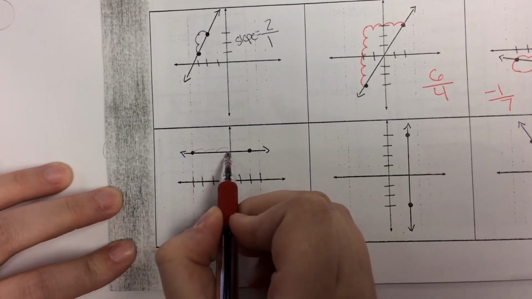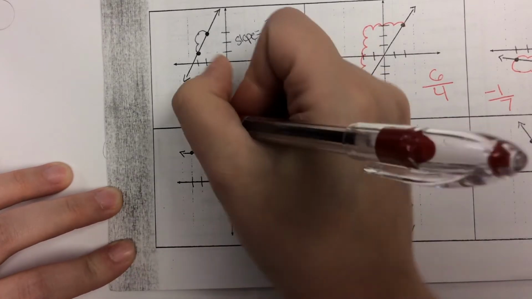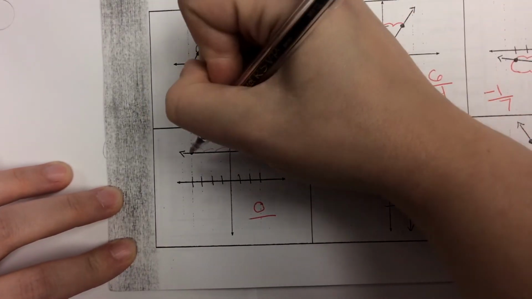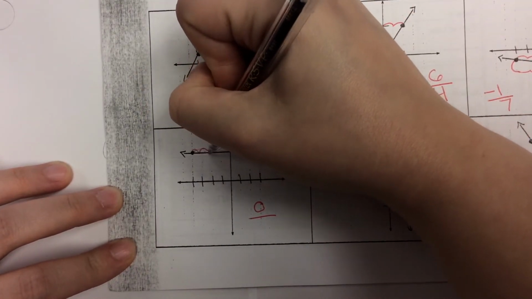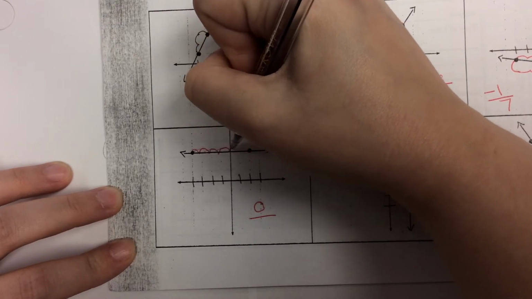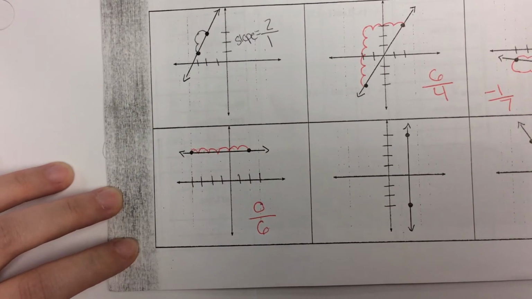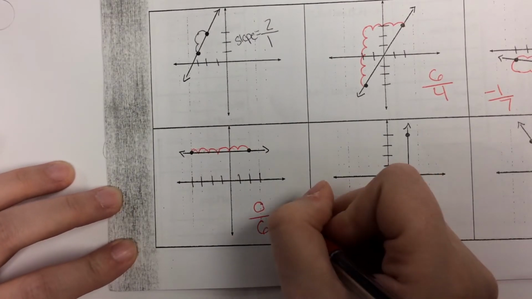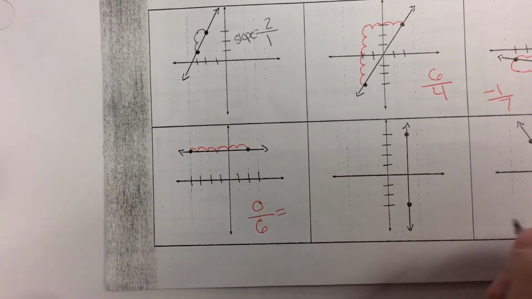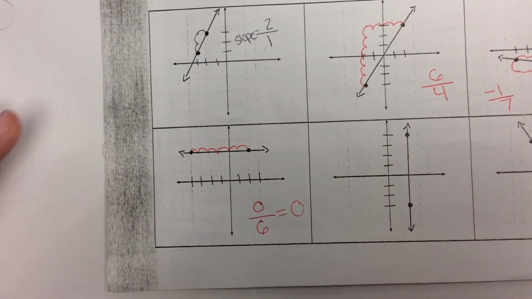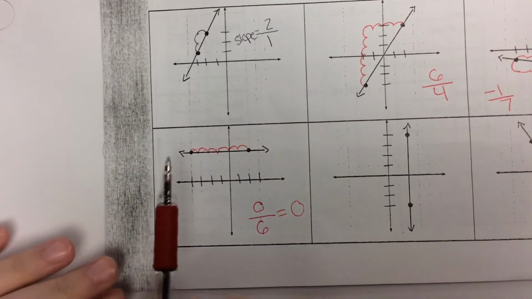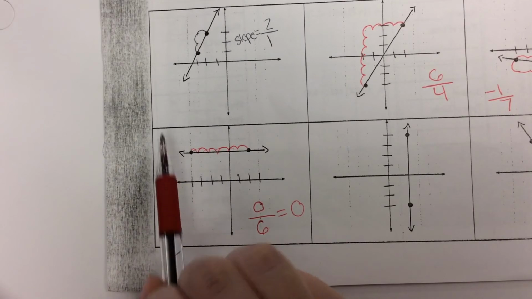How about our run? 1, 2, 3, 4. Oops, I counted too many. My jumps were too big. 1, 2, 3, 4, 5, 6. So 0/6. Well, what's 0/6? What's 0 divided by any number? 0. Okay, so what this tells us is when we have a horizontal line, our rise is always going to